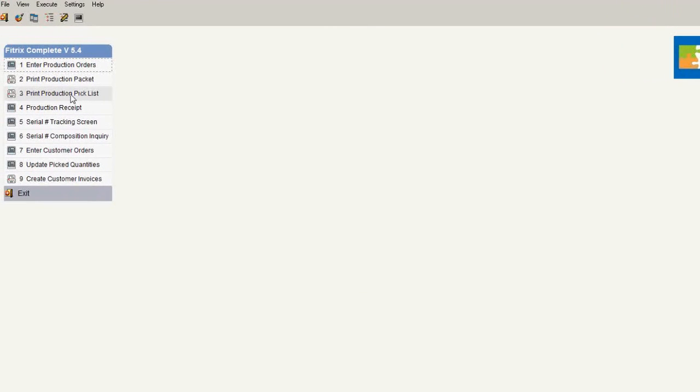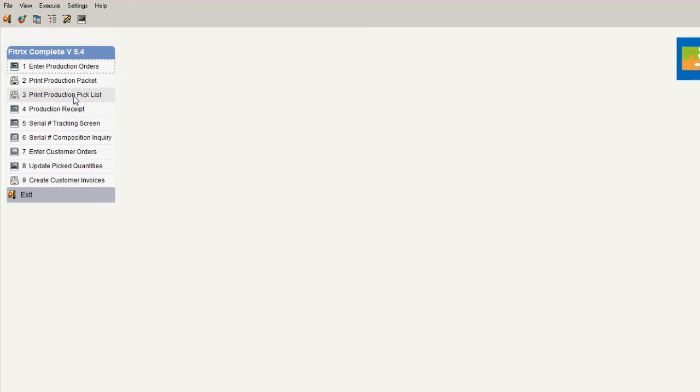We'll go to PDF viewer for that as well. And this document is designed to be a print of the material that's actually going to be shown to the picker that's going to pull the material from the bins or locations where that material is going to be needed. I'm just going to talk about that document because, again, in the interest of time,